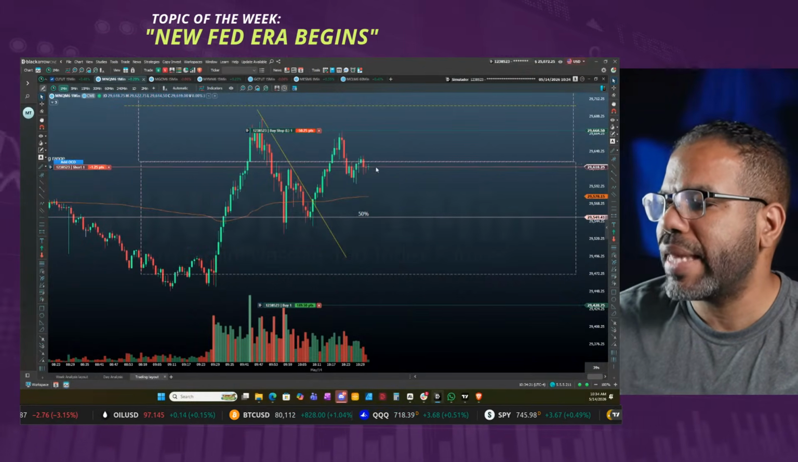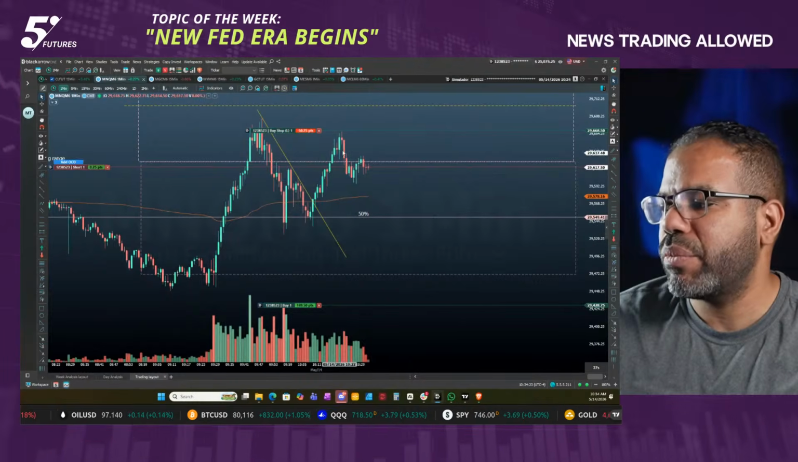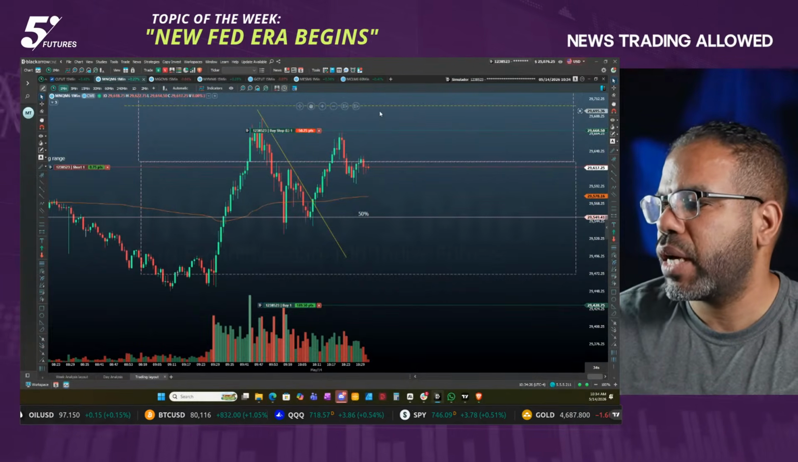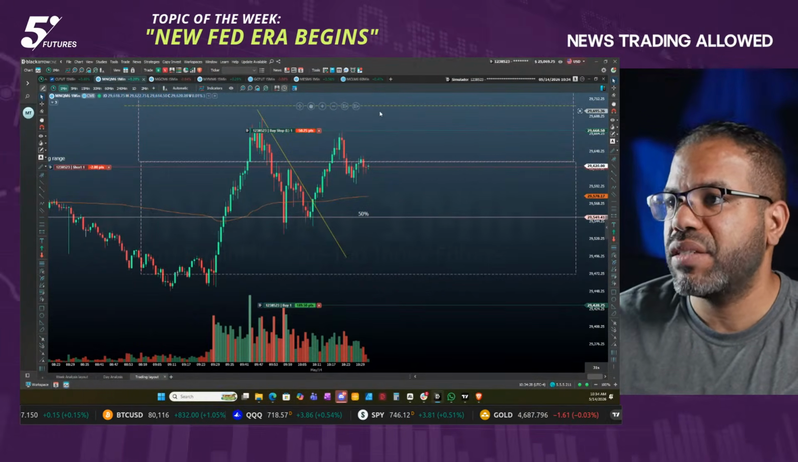And the only thing that has me short here, if not, I would be holding this long, is the fact that oil is pushing higher. And it's pushing higher decisively. So